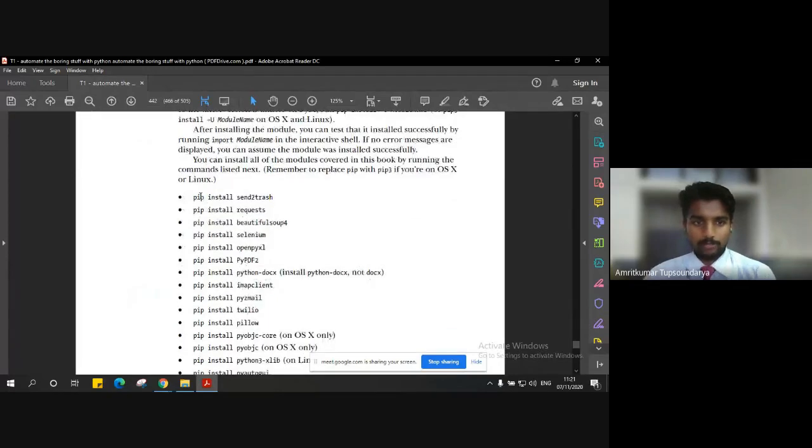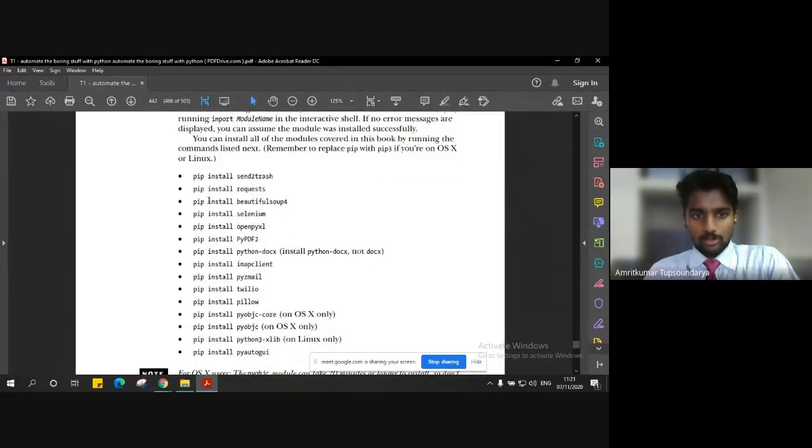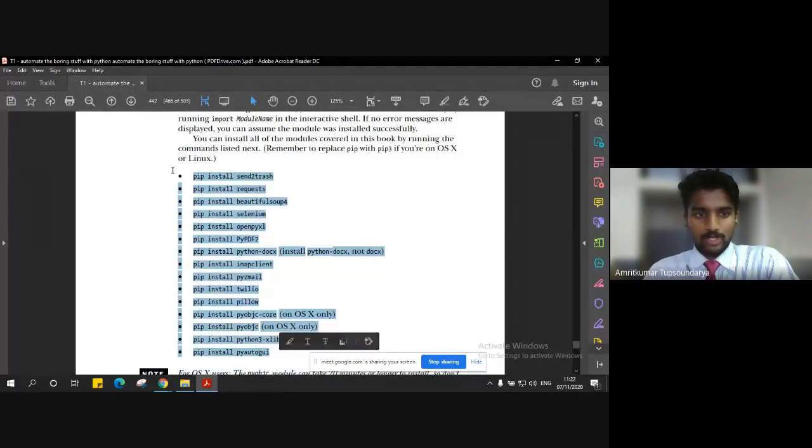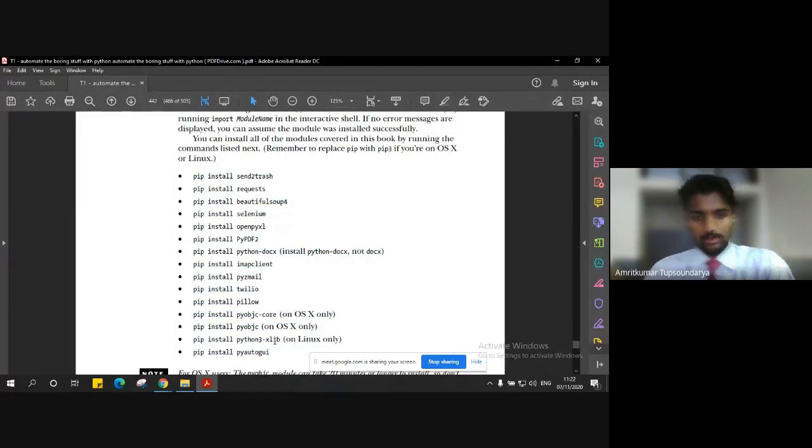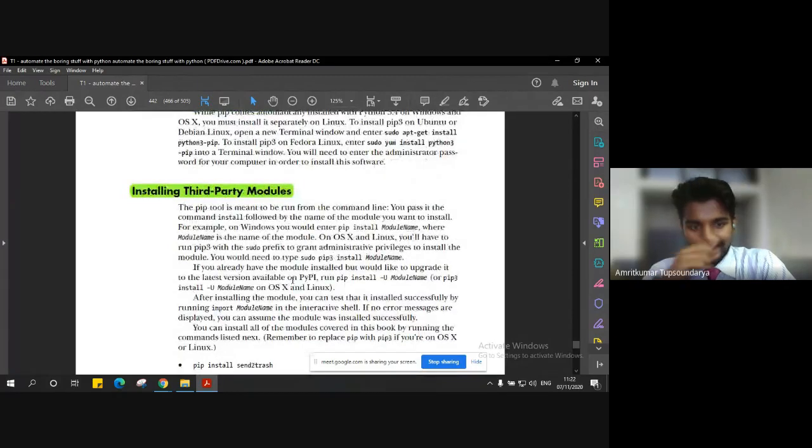Once you have the pip tool ready, using the pip tool you can install other modules like send2trash, requests, pyperclip, and other modules. So these are a few of the modules which the author has used throughout the textbook, which we have to install. We may encounter them in some of the other topics, right? So please go through Appendix A and Appendix B as well, those who are facing problems with the installations as well as the pip tool, right?